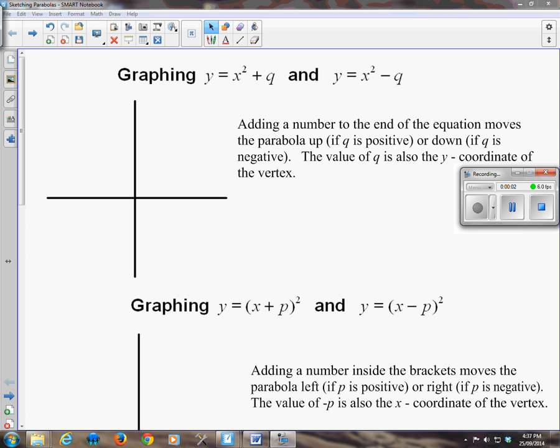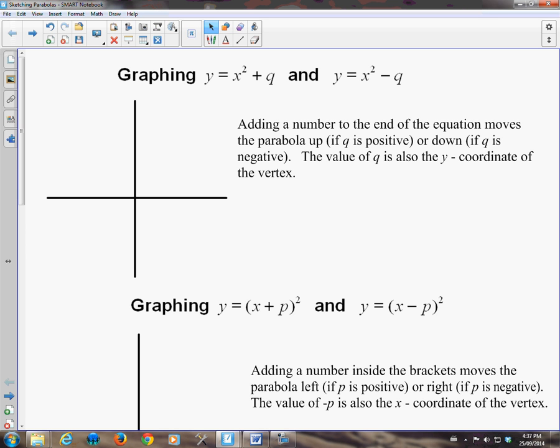Here we are, Unit 3, Lesson 5. We're going to look at a summary of the patterns you should have observed when you use technology to graph some quadratic functions. So the first pattern,